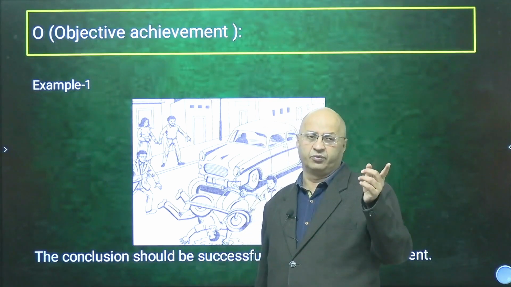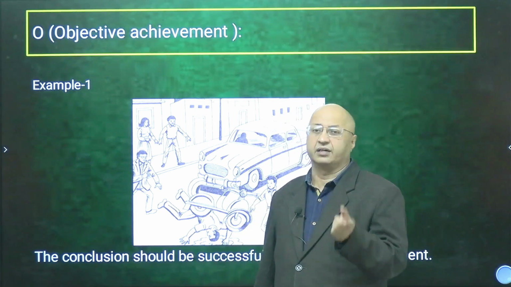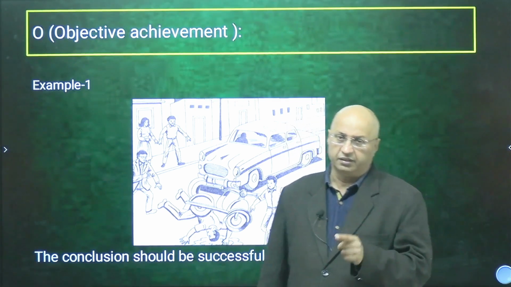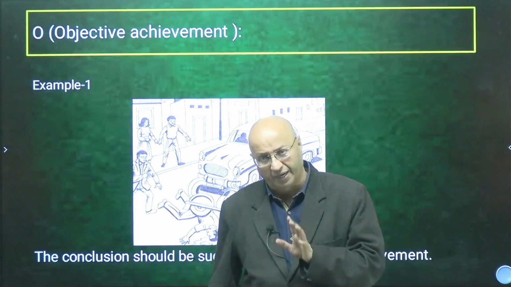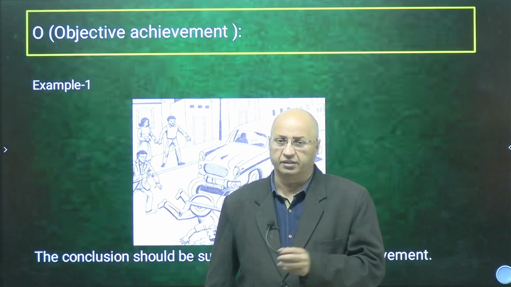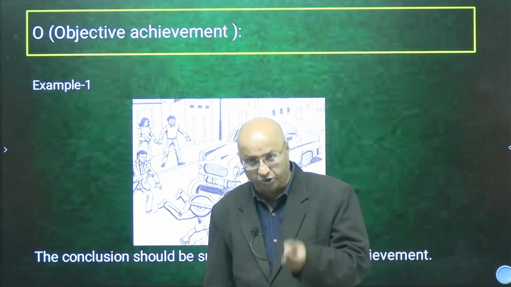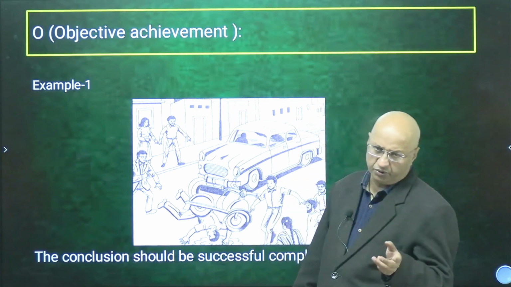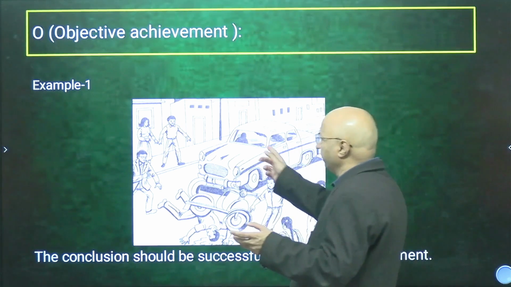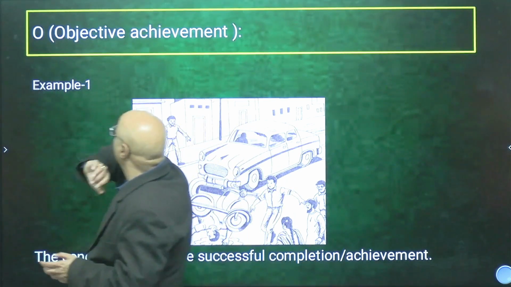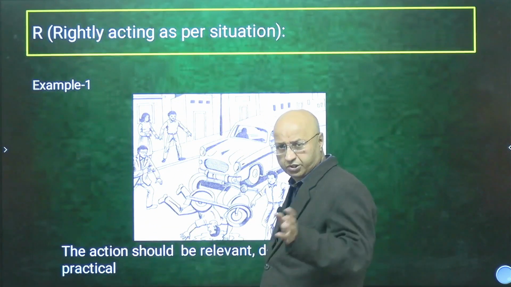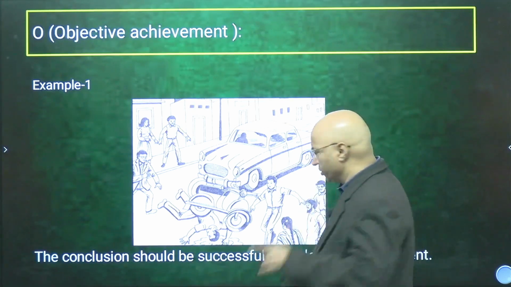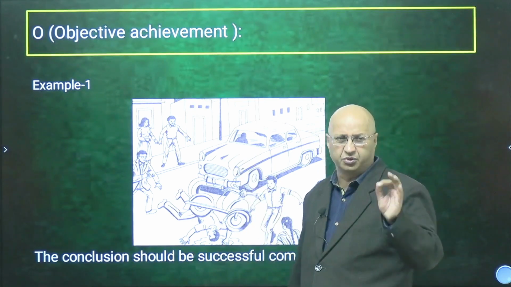Right? In the earlier one, we said situation, then understanding, then positive perception, then enacting, then resourcefulness. Am I right? Then hero creation. Then what did I say? Enacting, what is to be done. Yes or no. Then what did we give you? In the enacting before this, we gave you rightly acting as per situation, and last, objective achievement. Clear? These are all examples to just give you a thought.